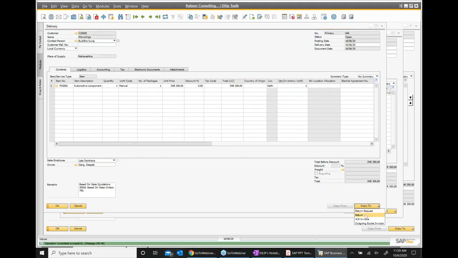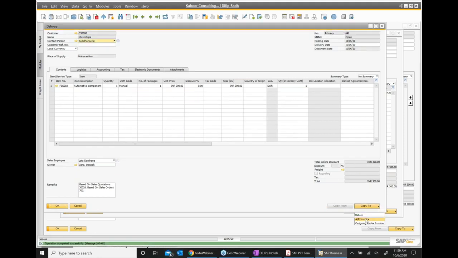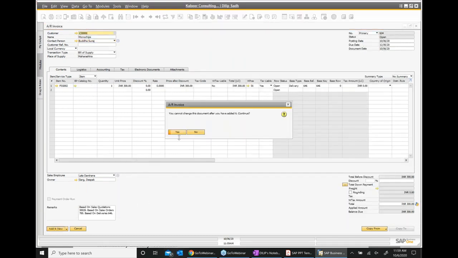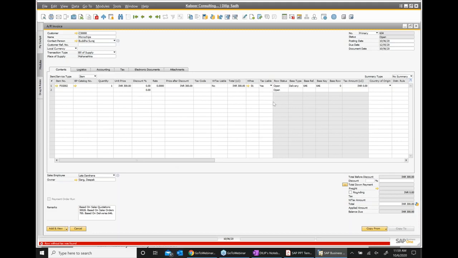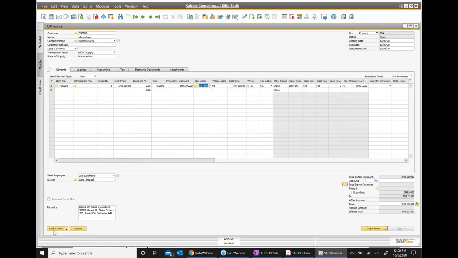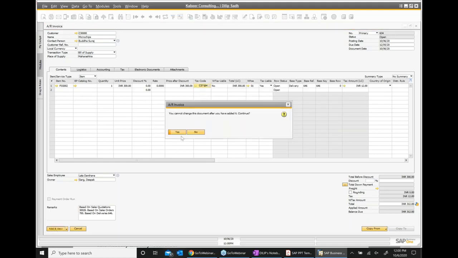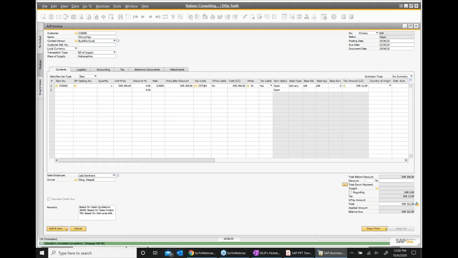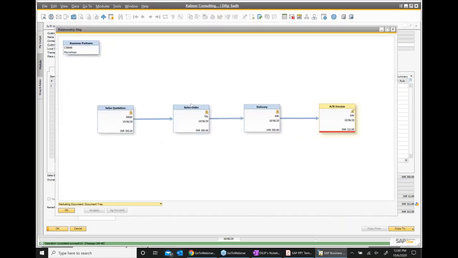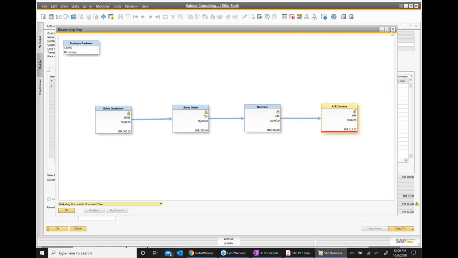After delivery, we create an invoice. And supposedly we made some mistake and this was a problem. This should not have been the case. User error happens. So if you look at it here, there's a relationship map. We create a quotation, an order, a delivery, an invoice.